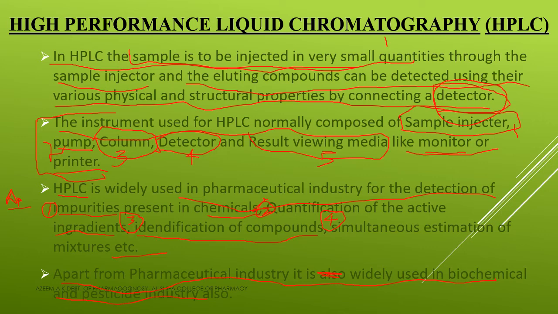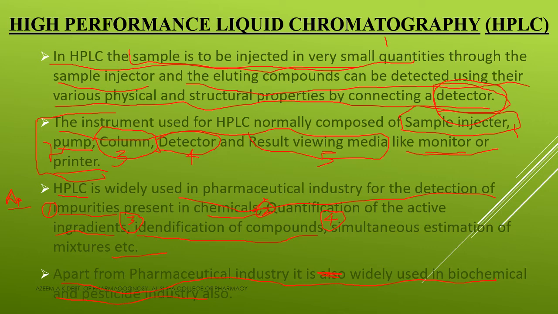And regarding the instrumental part of HPLC, the instrument is generally composed of: one, a sample injector; second, a pump. In the sample injector we are injecting the sample, and after injecting the sample, this pressure pump will be taking the sample to the third part, that is a column. The column we already studied, that is stainless steel, and the diameter is 5 millimeter. Inside that silanol groups are coated, and this pressure pump will be taking the sample to the column.